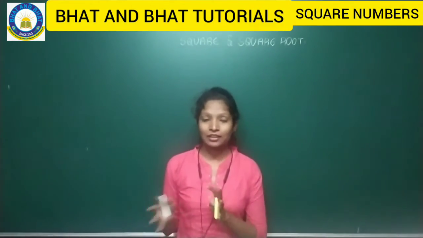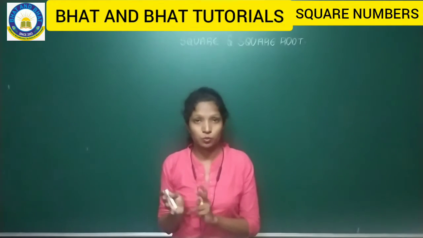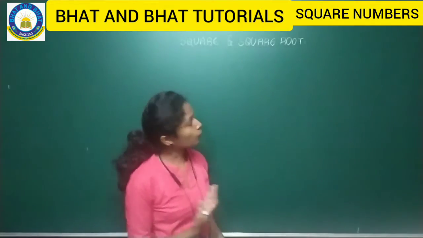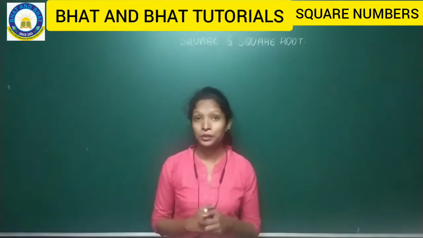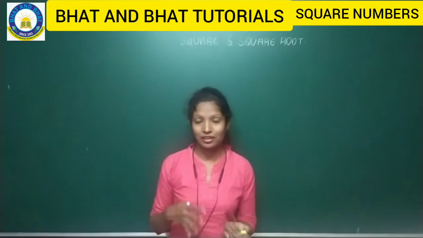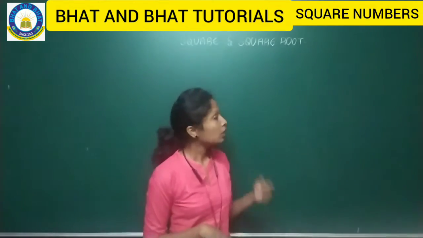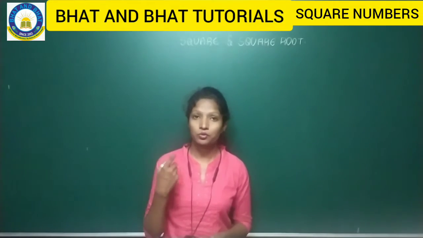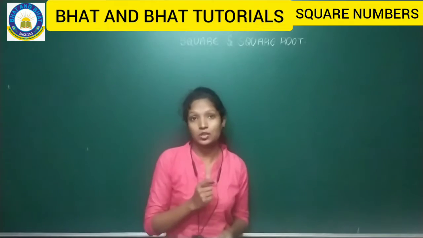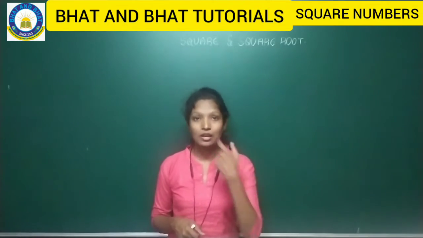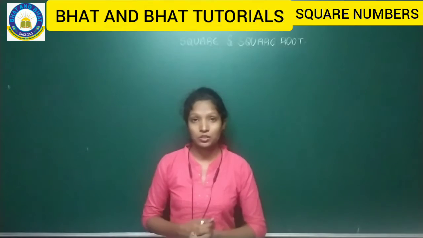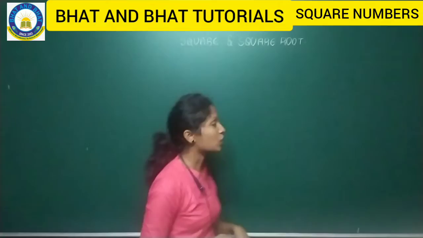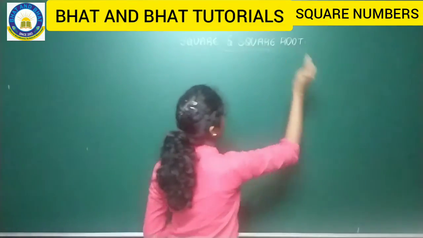So you people will be having an idea about what is square, what is square root. In one way or another, you will have come across these words, square, square root, and also cube and cube roots. Cube and cube roots is a separate chapter. In this particular chapter, we'll learn what is a square and how we get to know it is a square, what is the difference between the square and the square root, what we mean by the square root, and how we are going to write the square root. Everything we are going to discuss in this chapter, that is square and square root.